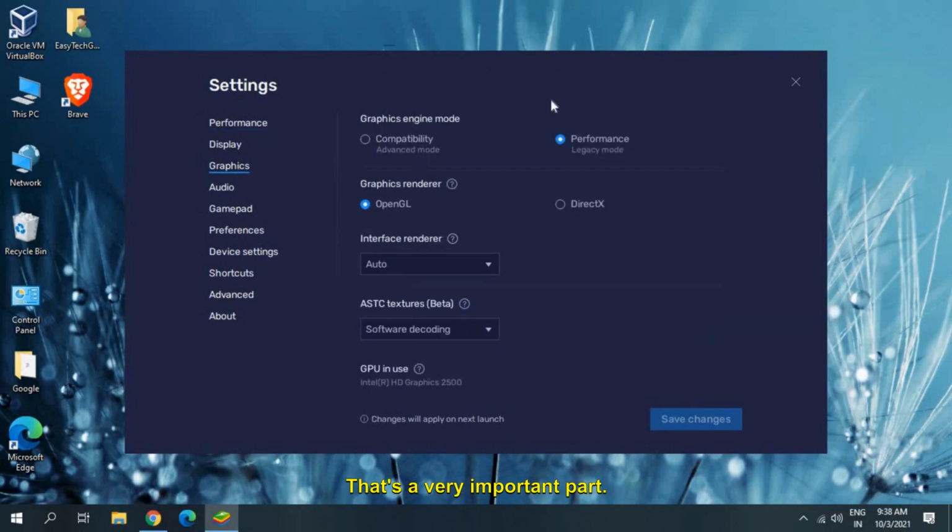That's a very important part. Now in graphics, whether you have a graphics card or not, you need to select performance, the legacy mode. The performance legacy mode needs to be always selected, because if you select compatibility, then it will not give you a good performance. Alright, so this one should be selected, and graphics renderer should always be OpenGL. Alright, and interface renderer will be auto,